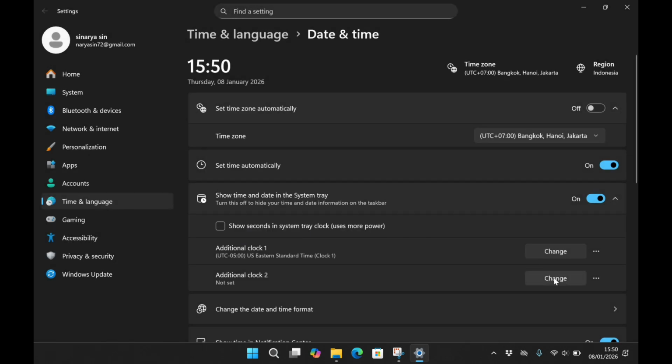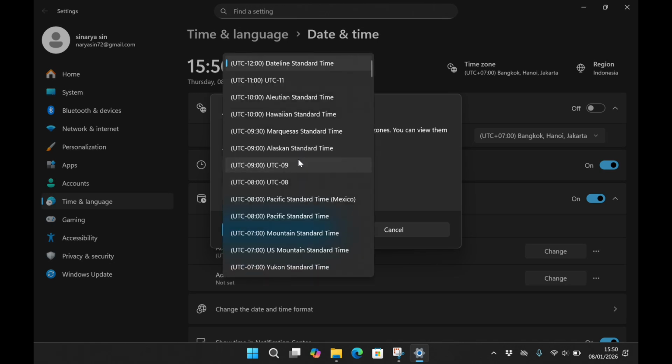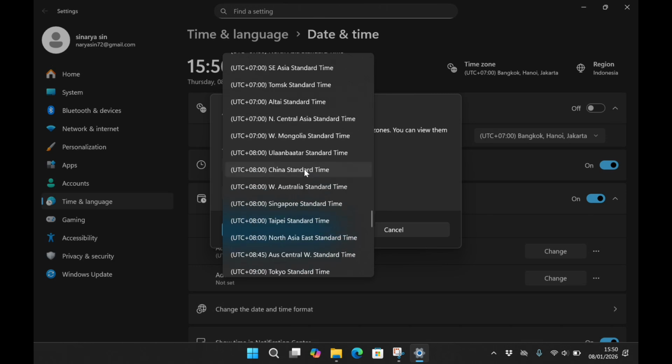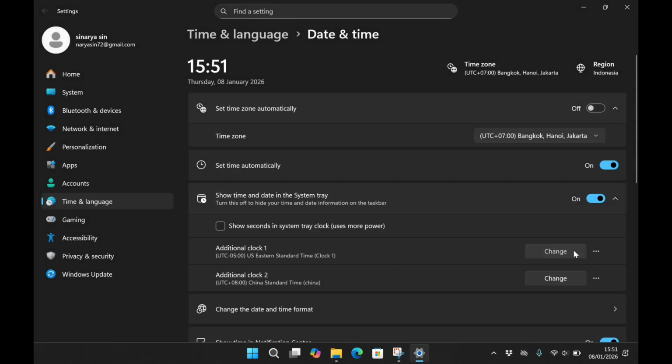And then for the additional clock, just set it to like this. You can also adjust the display name over here, for example like this,